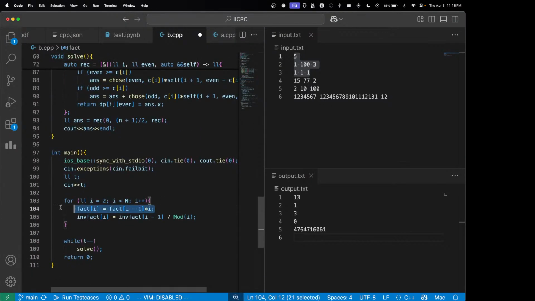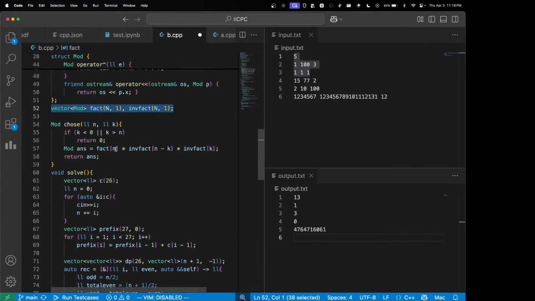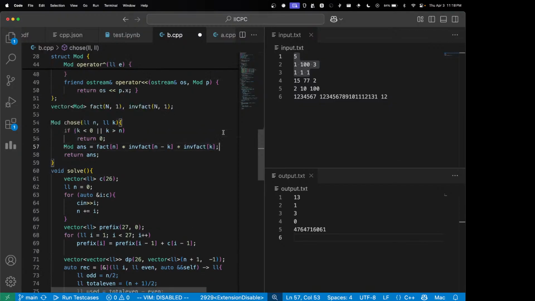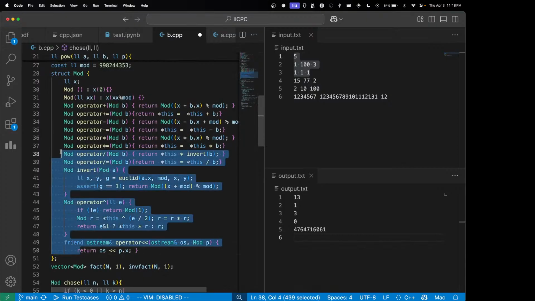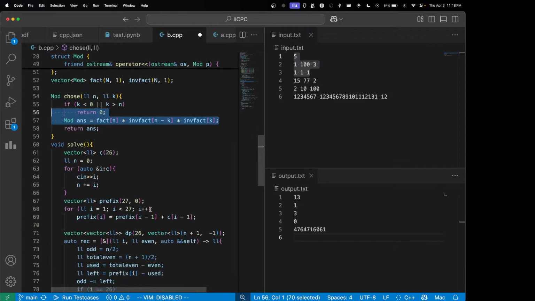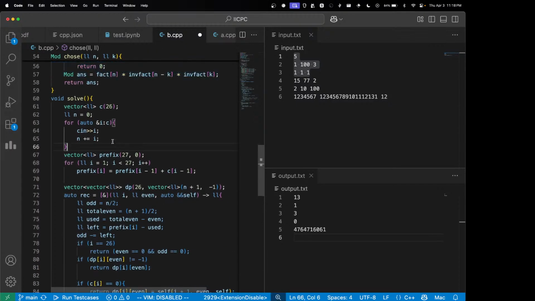So what we do is, you store factorial and inverse factorial as vectors, and then whenever you call choose nCk, you just multiply factorial of n multiplied by inverse factorial of n minus k multiplied by inverse factorial of k. Do look up modular arithmetic, modular inverse, modular multiplication, modular division. This is very important, and this template basically helps me do the modular everything with just normal multiplication. So yeah. Now what I do, I take the input, I store total number of n, which is the size